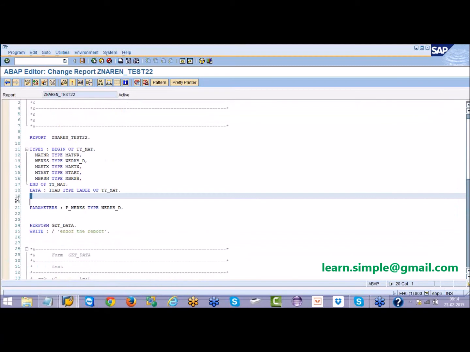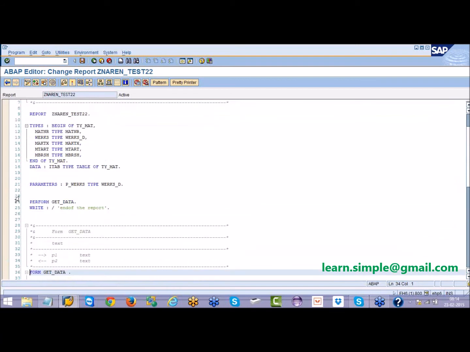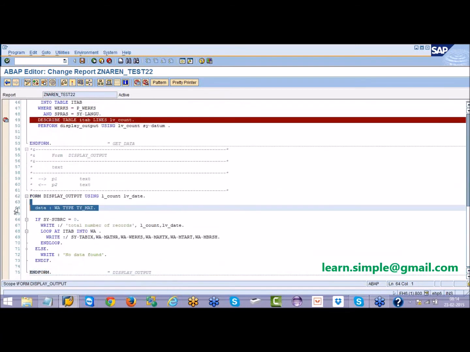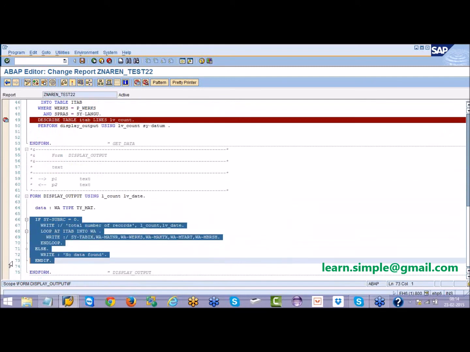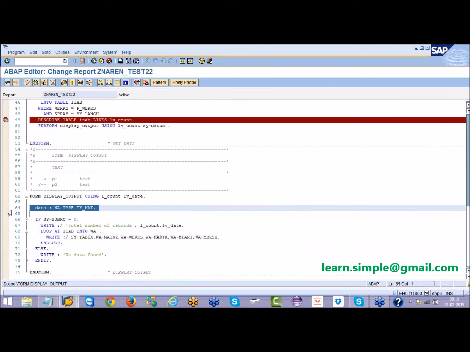If I declare a work area here on the top, then while executing all these 50 lines, I have allocated memory for the work area throughout. Instead, if I declare inside this, then only when the program is executing these 4 or 5 lines is the memory allocated for this work area.